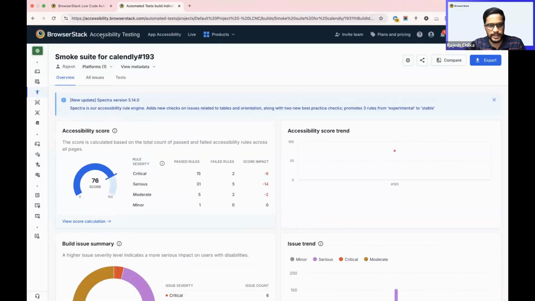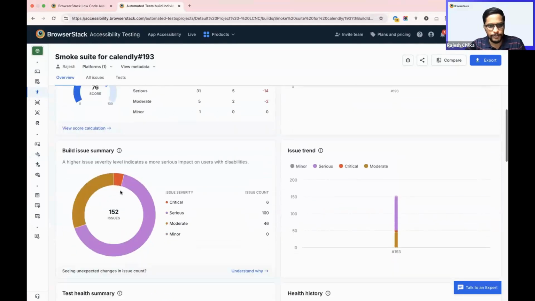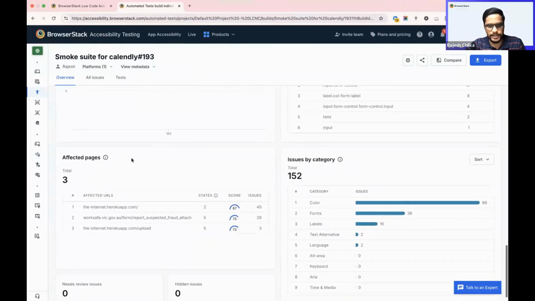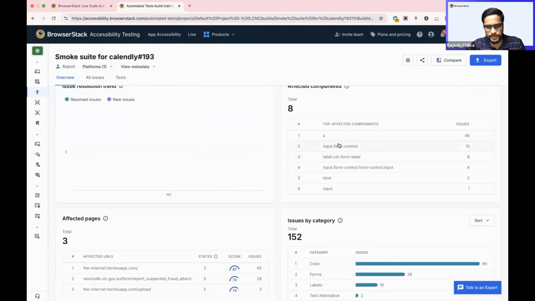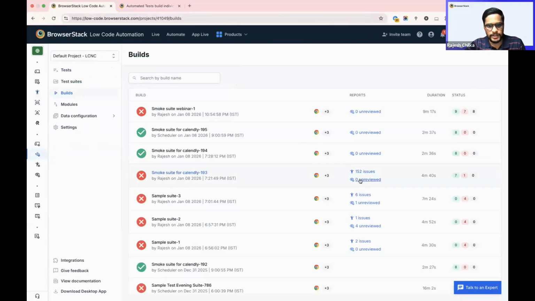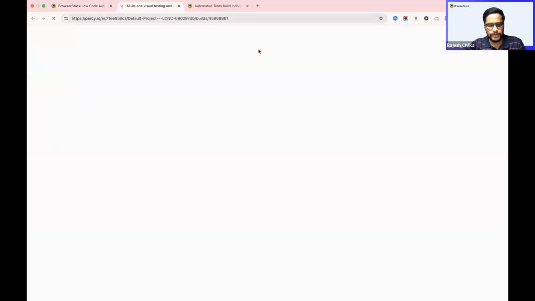So you can click on the link, and you'll see the detailed report of the entire accessibility run, and then see what are the issues on different elements that have been observed. You can click on each component and see what exactly the issues were, the color contrast issues, and everything. Similarly, you can click on the link for visual testing, and you'll see a report directly in